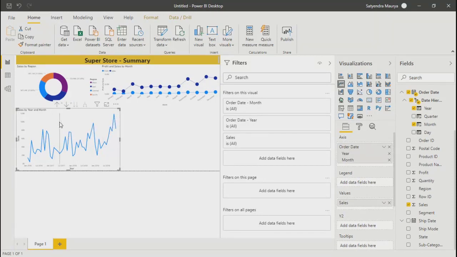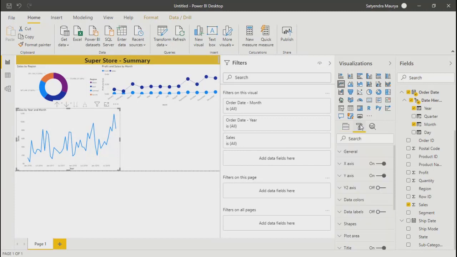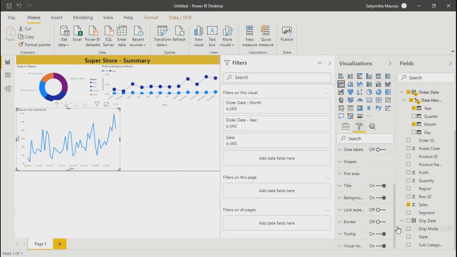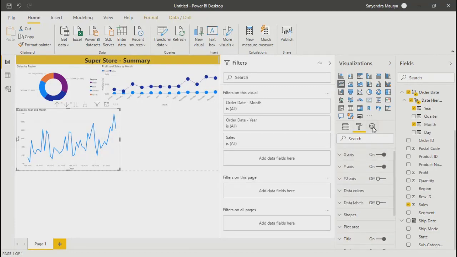So just go here under the properties again. If you go, we were getting all these properties which we have just gone through for this particular chart. Because it is a single linear trend that we are showing on top of months, you get one more option over here, and that is related to forecast under analytics.